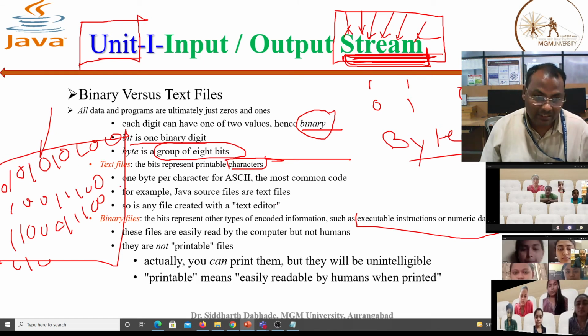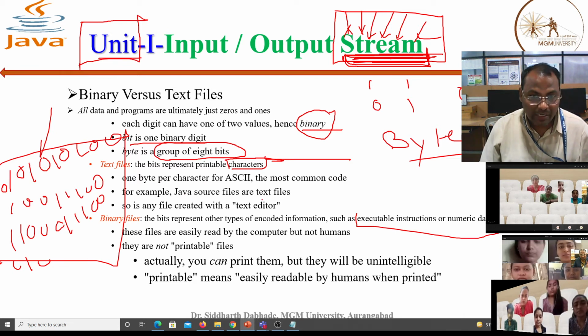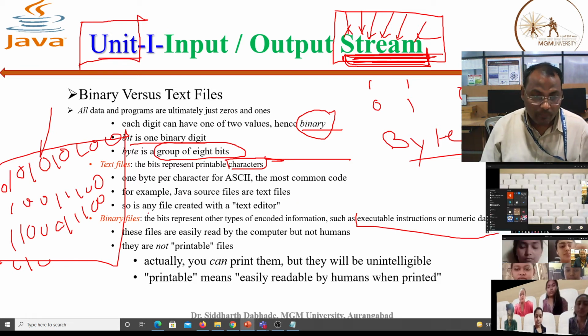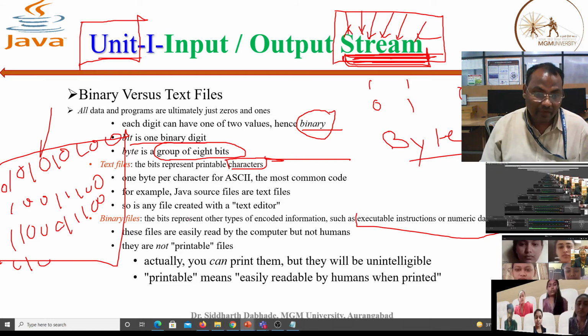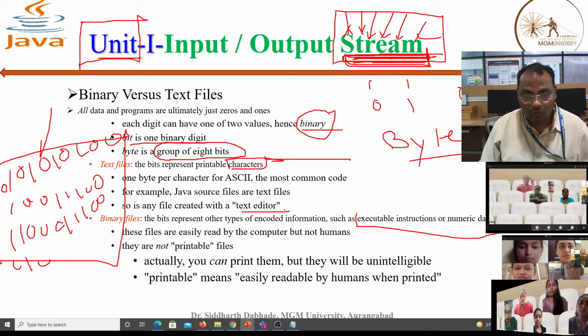We can create a text file. 1 byte per character for ASCII, the most common code. For example, Java source files are text files. So is any file created with a text editor, meaning a code file.